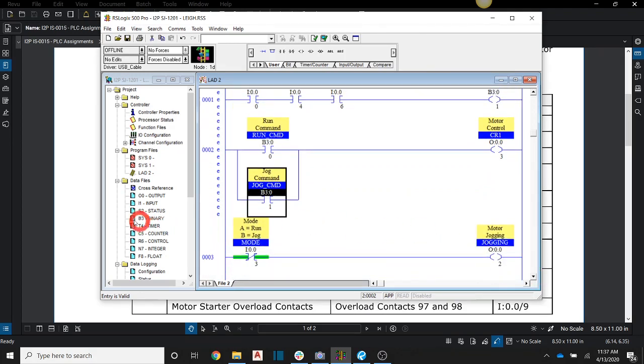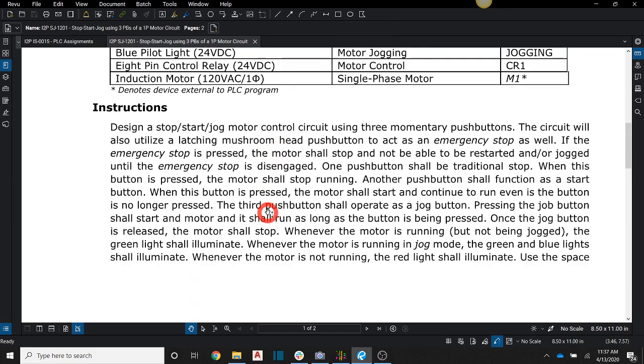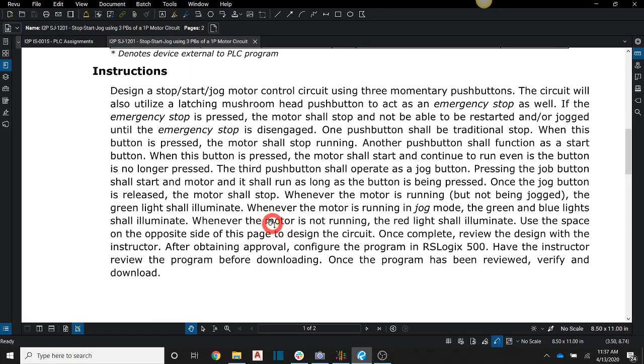Okay. Now let's check our job sheet here to see how we want the blue light to behave. When the motor is running in jog, the green and blue light shall illuminate. Okay, so last time it was if we selected jog. Now it's if we're running in jog. Okay, so we want to come back over here,